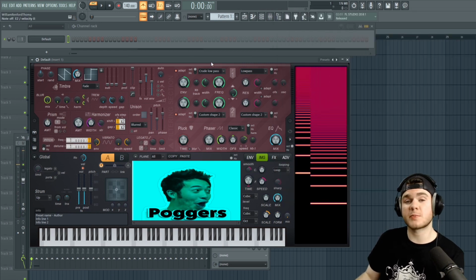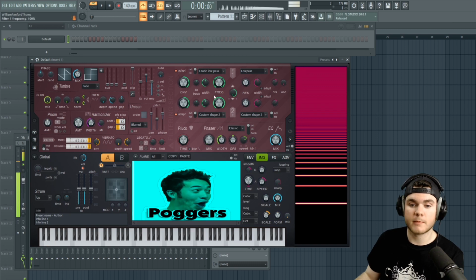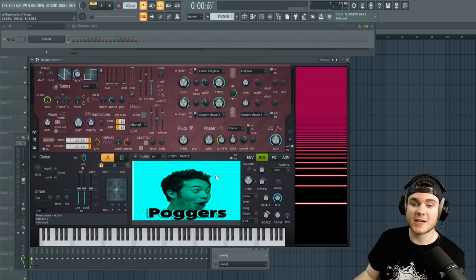Right now, I'm just playing a saw wave. But I am actually playing the poggers image. The reason it sounds like a saw wave is because it has deduced it down to blacks and whites. The white, which is just this light blue here, is just positive harmonics, and the black is negative harmonics. So if I scroll through with this time knob,